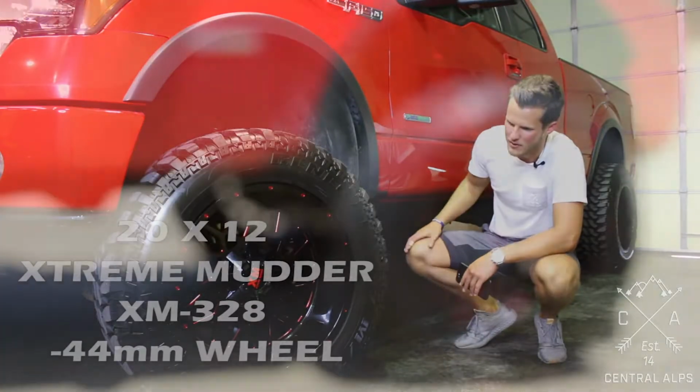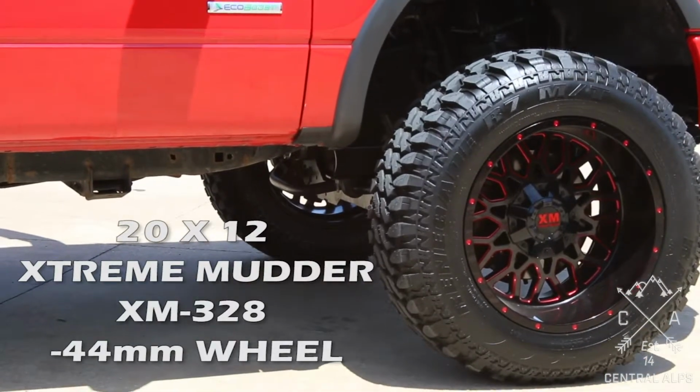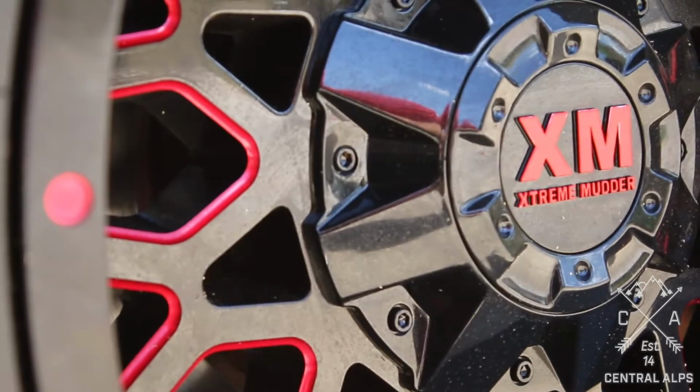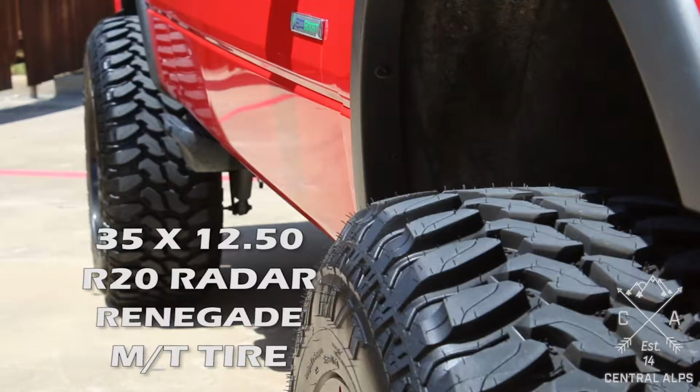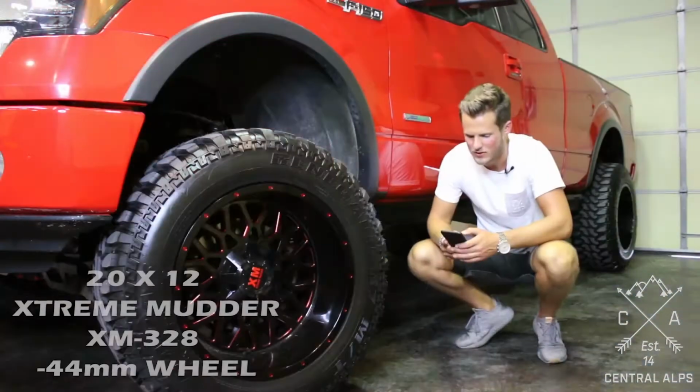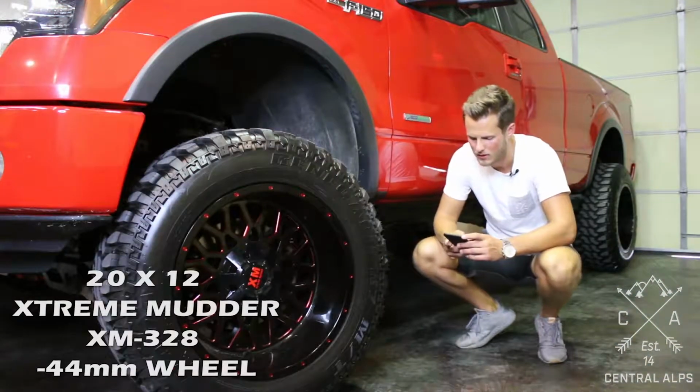Set of Xtreme Mudder 328 wheels. They're a 20x12 with a negative 44mm offset with a red milled finish and some 35x12.50R20 Radar Renegade mud terrain tires. Now these Xtreme Mudder wheels, they're offered in a 20 and a 22-inch wheel, and they're offered